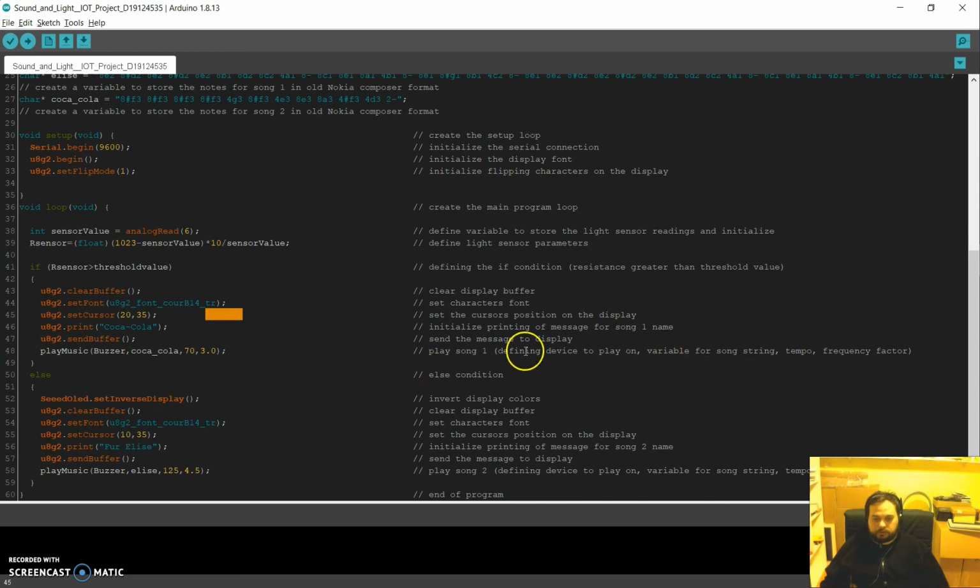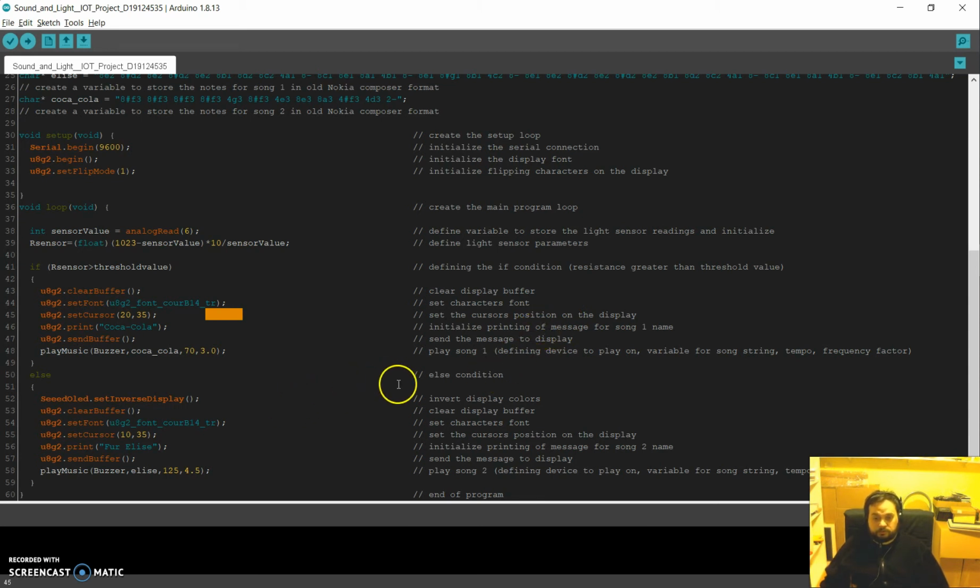For the first song, we needed to define the name of the song, the variable which holds the song, the device on which the song is played, and the tempo and frequency factor. The Coca-Cola theme is played if outside is dark,